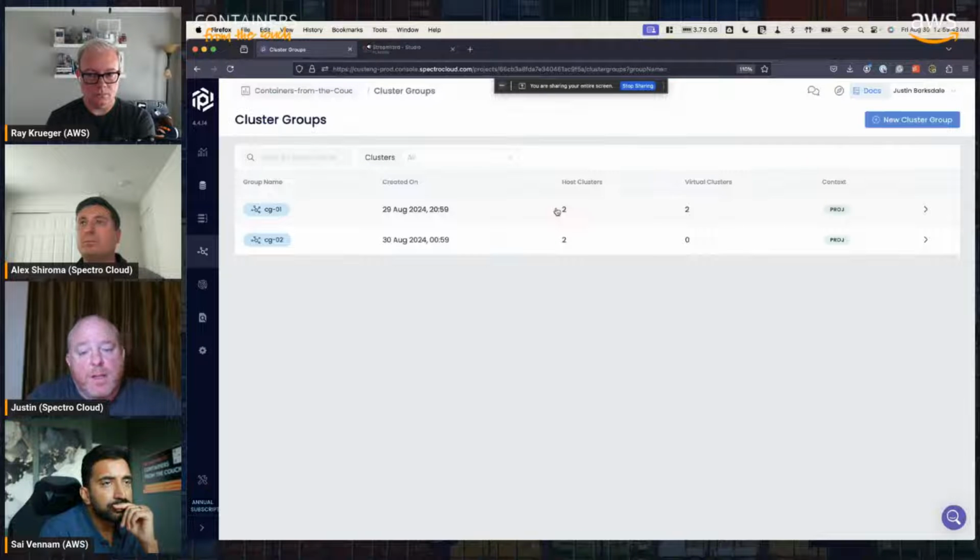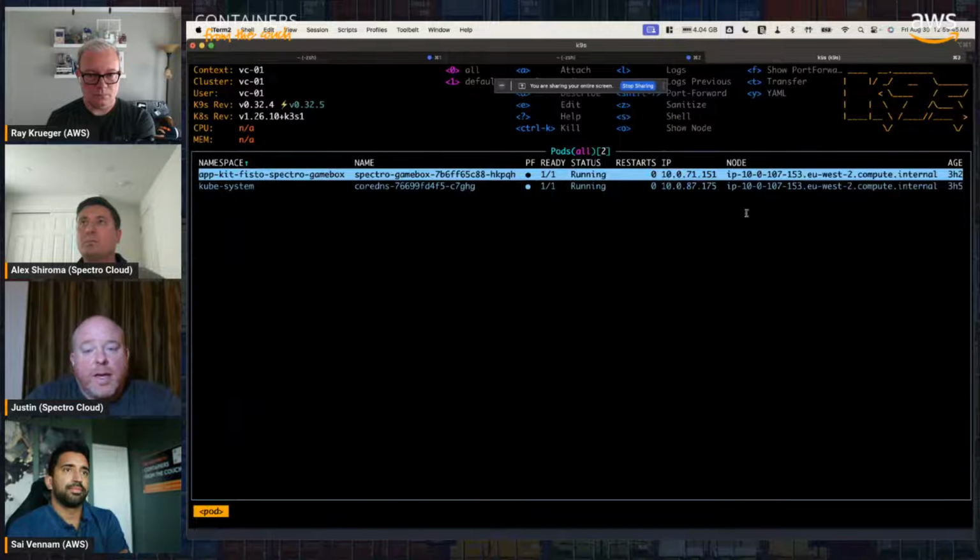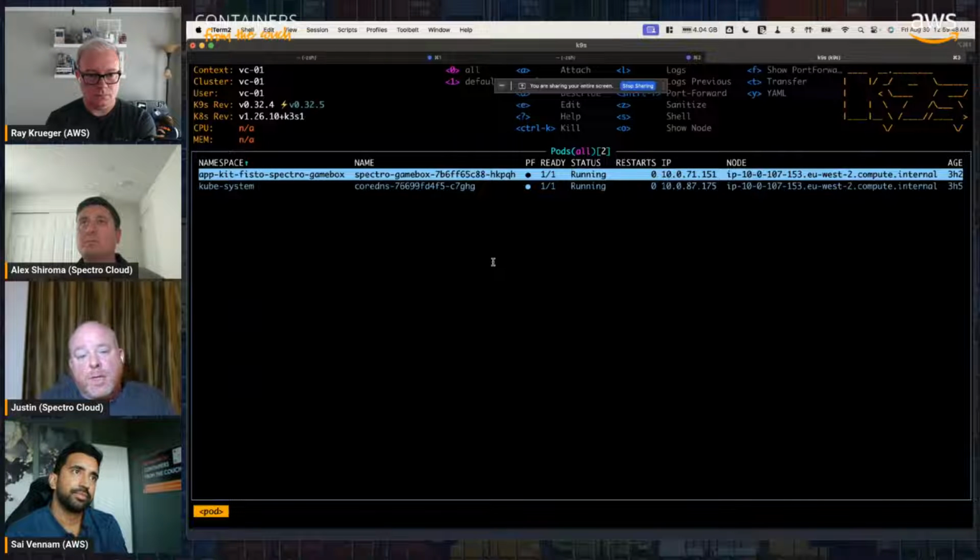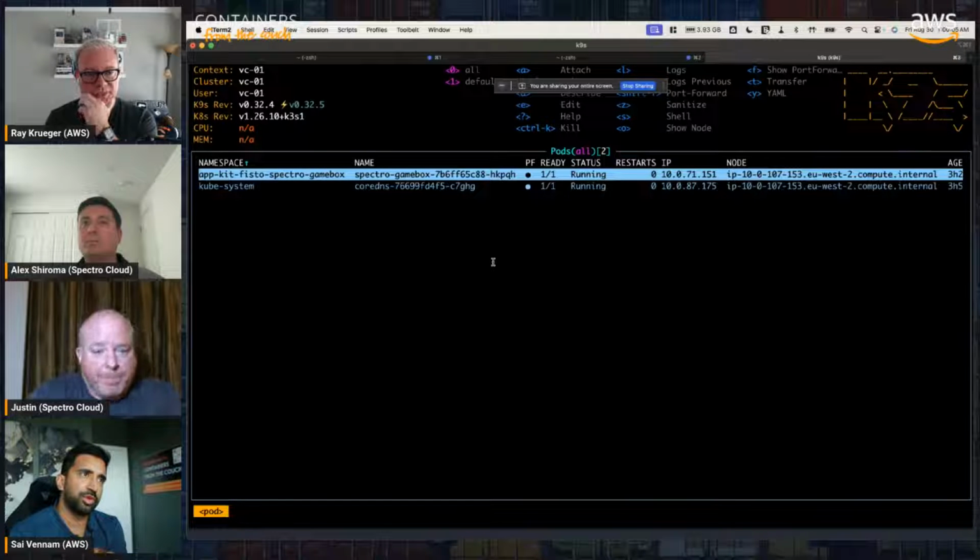So when you look at what that cluster might look like, here is the inside of that, deployed on top of EKS. That just happens to be vCluster, and as a developer, I could break this and it wouldn't impact anybody else. We can respin it back up very quickly, providing a lot more flexibility for them to be able to test and break things. So, let me summarize what I think I heard?